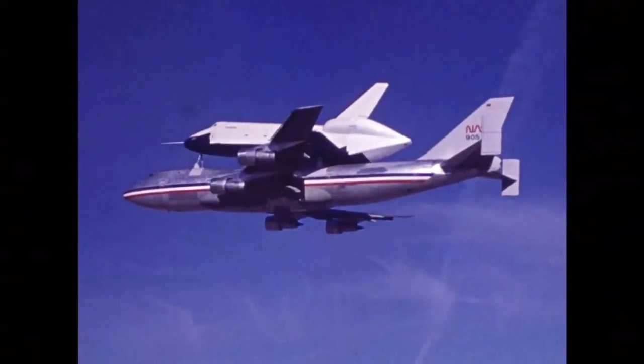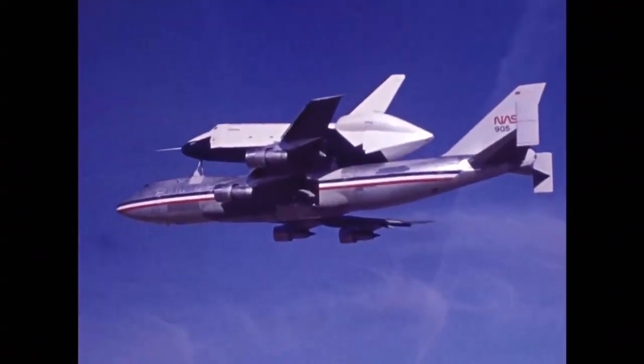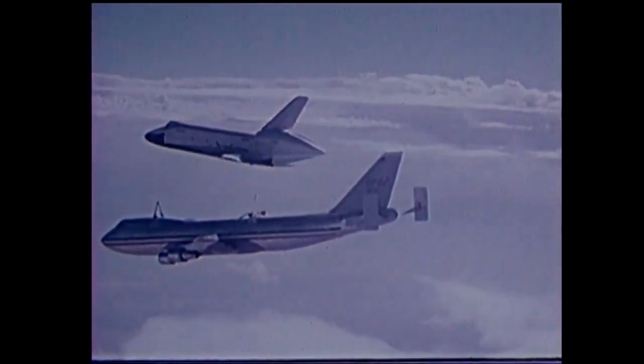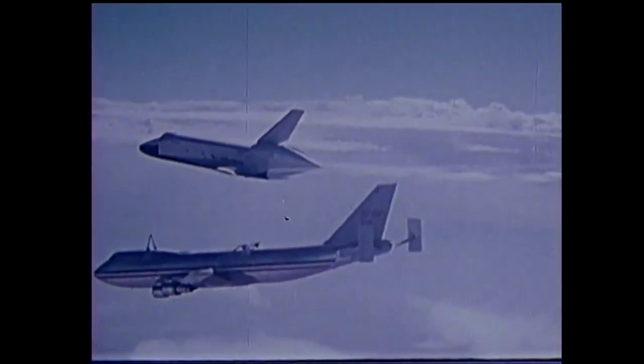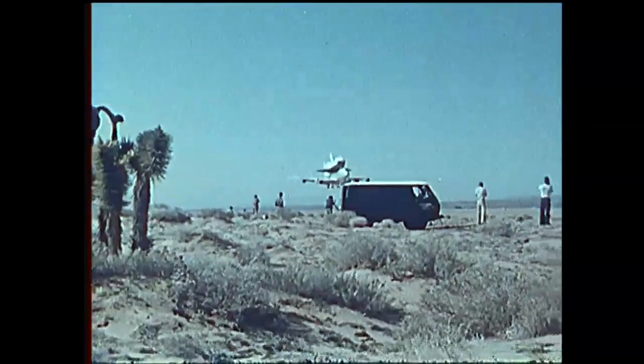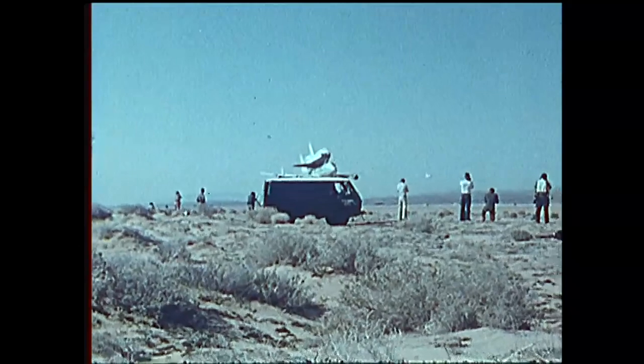August 12, 1977. On a crystal clear California morning, high above the Mojave Desert, 2 NASA test pilots ready for Enterprise's first flight. The plan was for Fred Hayes, Jr. and Gordon Fullerton to lift the orbiter off a modified 747, then land on a dry lake bed 15,000 feet below. The thing that we were most concerned about was if we were going to be able to get to